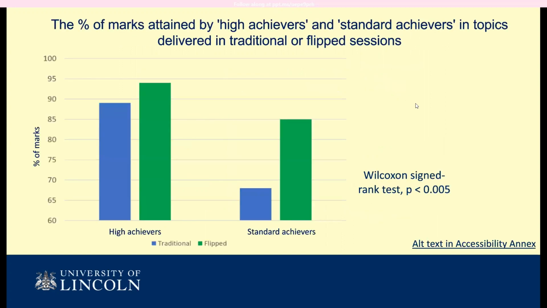But then we wanted to look and see who this had really affected. For our high achievers, there was still a difference, but it was down to kind of a 5% difference between the traditional and flipped topics. But where this had really had an impact was our standard achievers. So there was a 17% difference in marks for the topics where they'd been taught in the traditional sense or